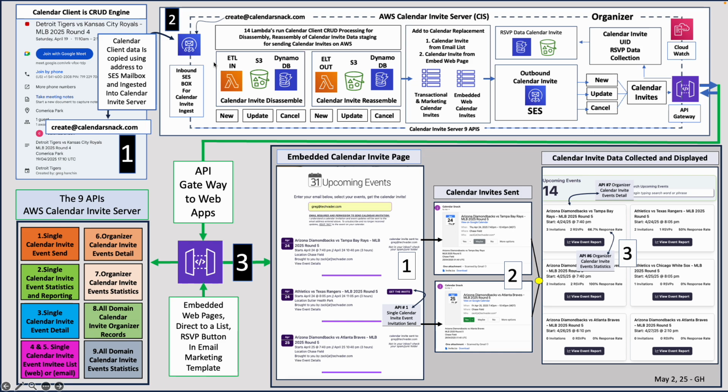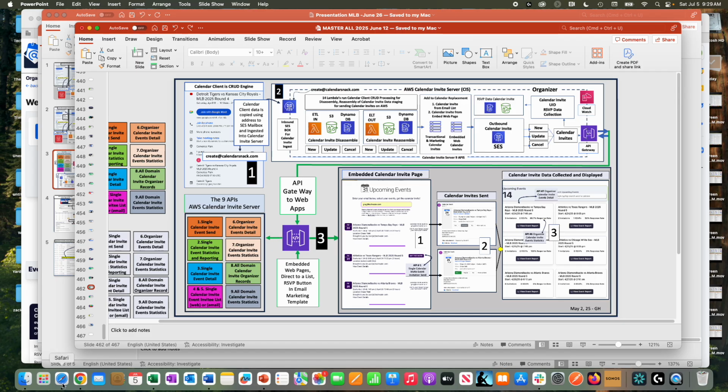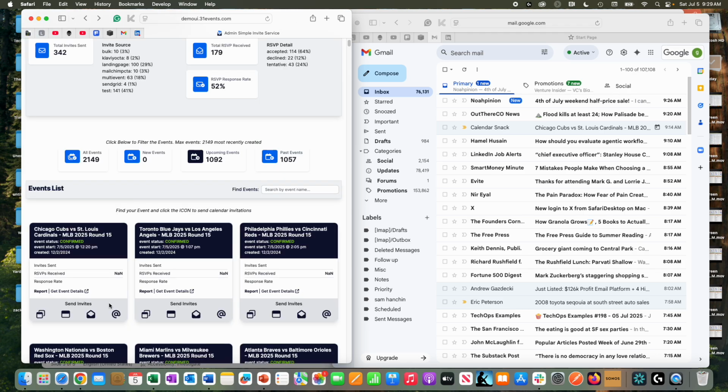I've ingested the data already into the AWS Calendar Invite server, and what I'm showing you here is post the ingest. I am going to click a couple buttons and you'll see that we are basically reassembling a calendar invite based on the UID stored in the AWS Calendar Invite server and sending it out via our GUIs we've built for demo. So this GUI demo here is right here, and what I'm going to do is just send out